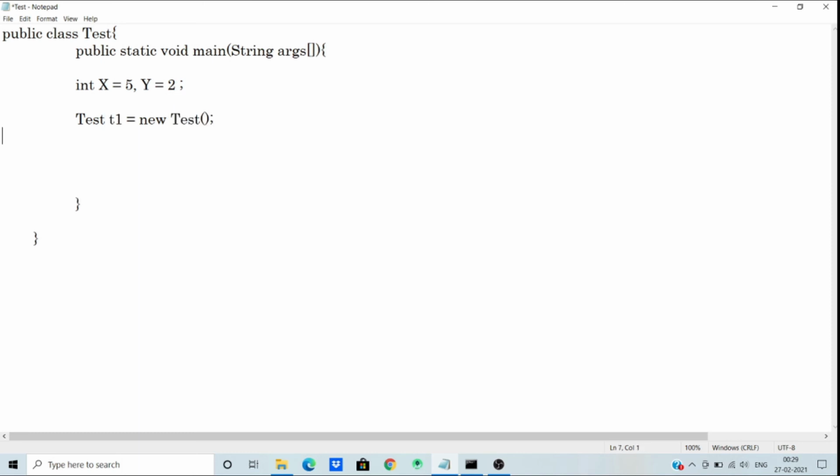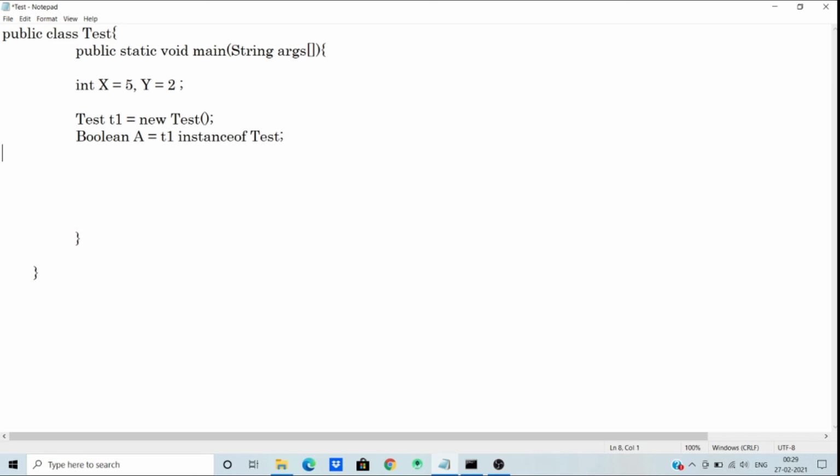So to check, we need a boolean variable, which is a, and we assign this to t1 instanceof Test.